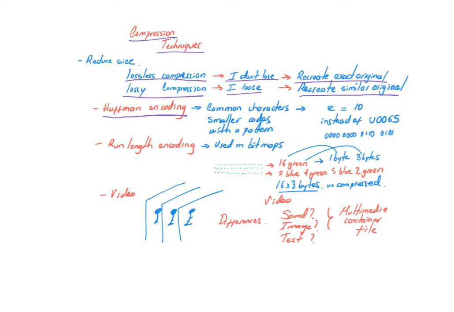For example, in the English language, the letter E is very common. Instead of using the complete code for E, which in UTF is 0065 in hexadecimal, 4 different nibbles,